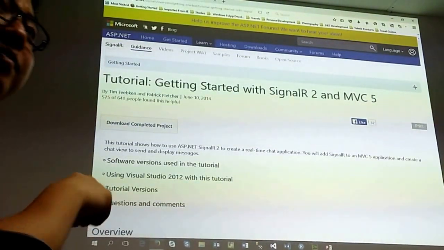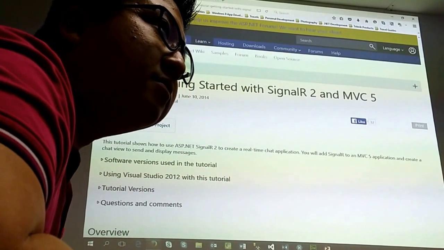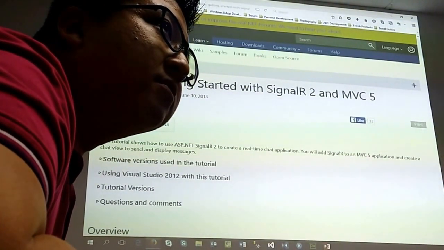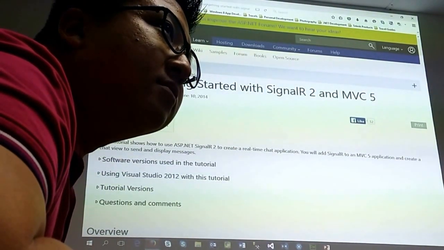Sorry, I have a question. How does the browser know that the request is